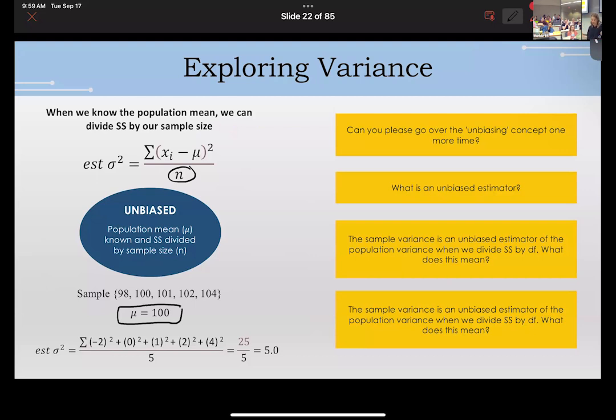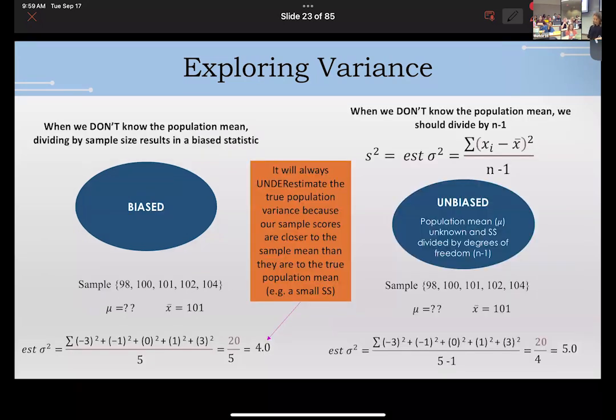Then we could divide by a sample of 5, and we would get 5. But do we know the population mean when we calculate a sample standard deviation? No, we don't. So here's what happens when we don't. We have that same sample. We don't know the true population mean. We just know our sample mean. So we take that sums of squares, divide by 5, and we get 4. That is always going to be an underestimate of the variance, because